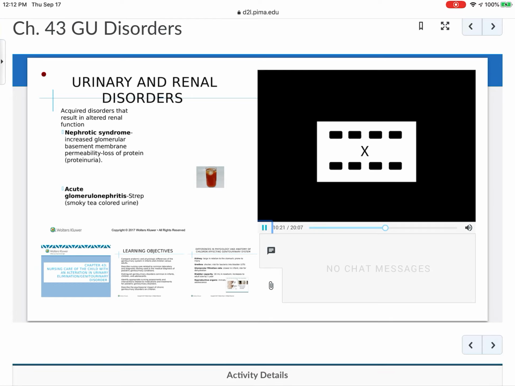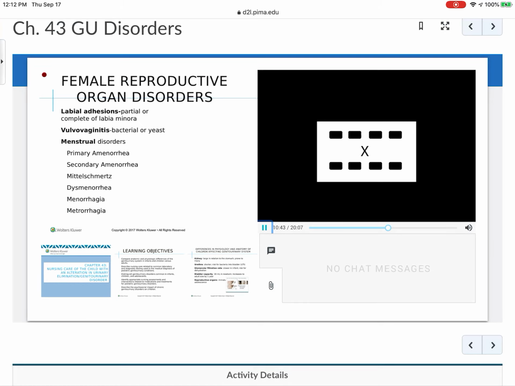Their creatinine and BUN would probably be elevated too. Sometimes they would give antihypertensives if needed, fluid and sodium restrictions. Kids can live a normal life. They just may have some problems for a while, but usually it's not a lifetime issue. I don't go into renal failure and end stage because we see that in adults or dialysis. We talk a little bit about some